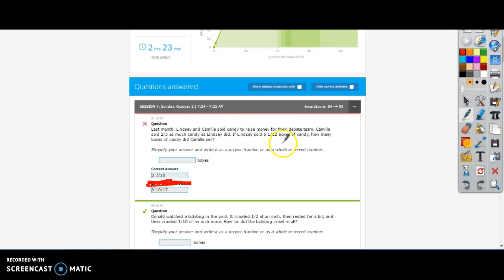So for instance, it says Camille sold 2/3 as much candy as Lindsay did. It tells me how much candy Lindsay sold too. It says 5 and 1/12. So what I can do from there is go back and make sure I correct my work. When you're doing the problems, you can always take a look at the description, but if you want to take a look at this one, well, I know that I'm going to have 2/3 of, or in other words, 2/3 times